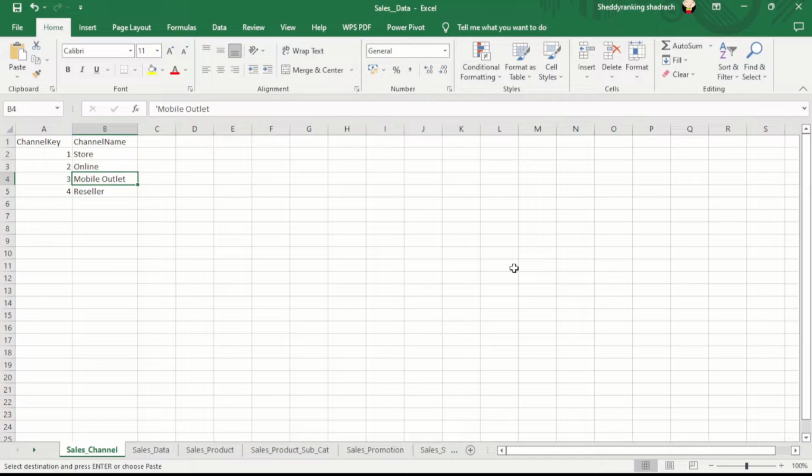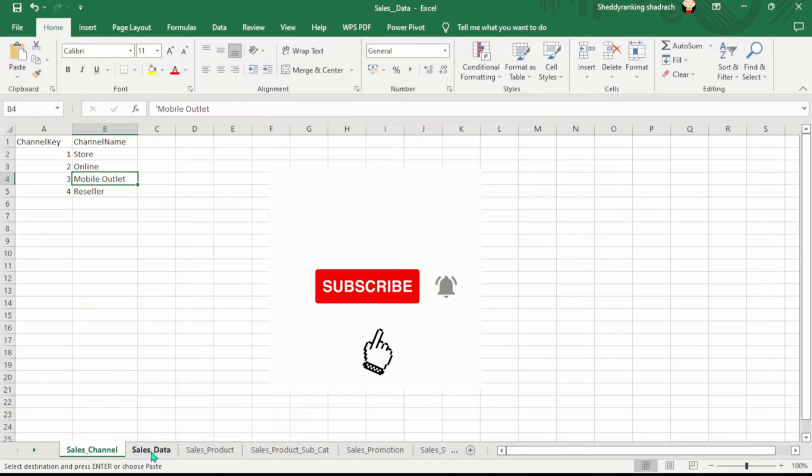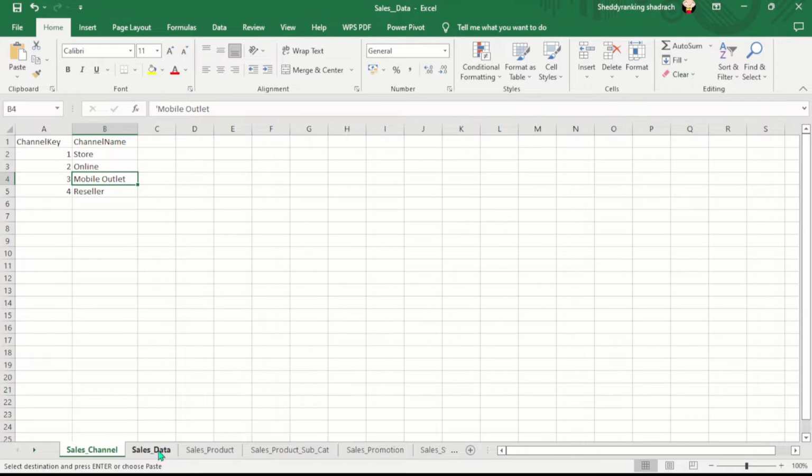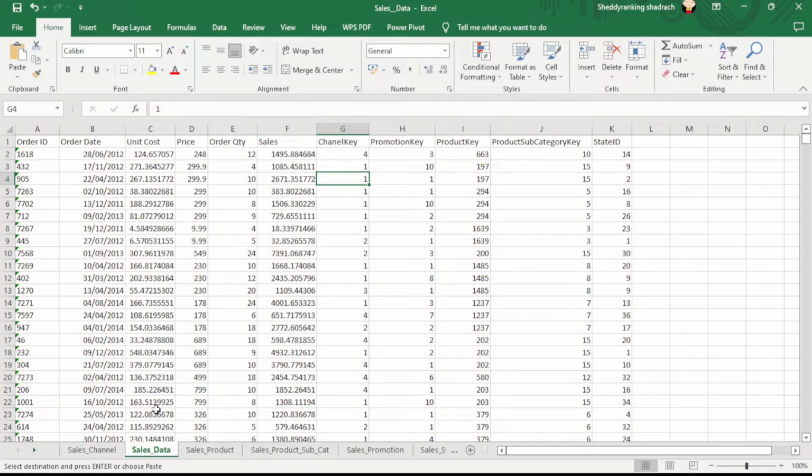Today we are going to be talking about VLOOKUPs, and I'm going to show you guys how to combine multiple sheets using VLOOKUPs. Here you can see we have a sales record with the main sales data table containing the primary keys of other tables: the channel keys, promotion keys, product key, the product subcategory key, and the state